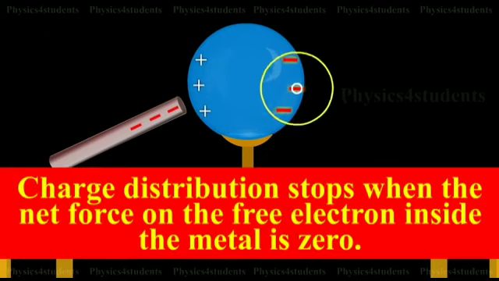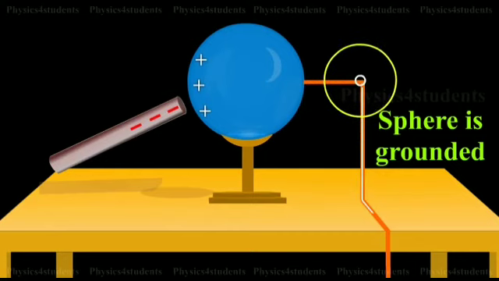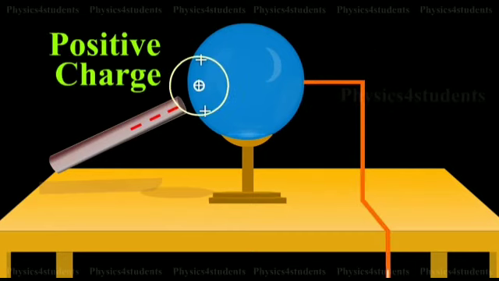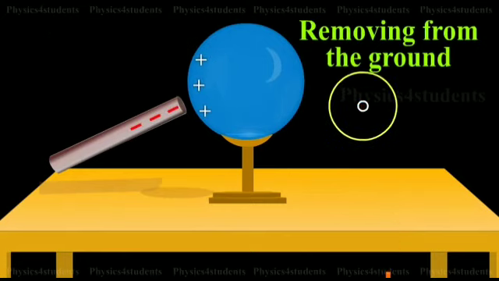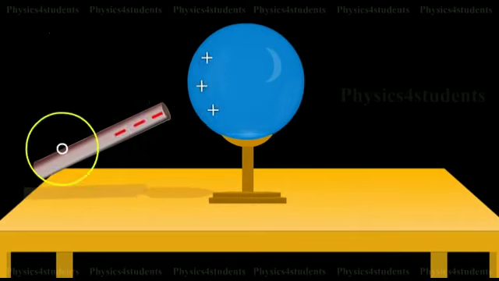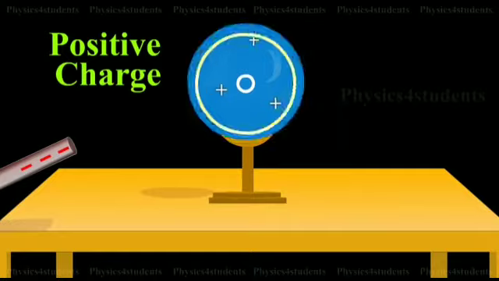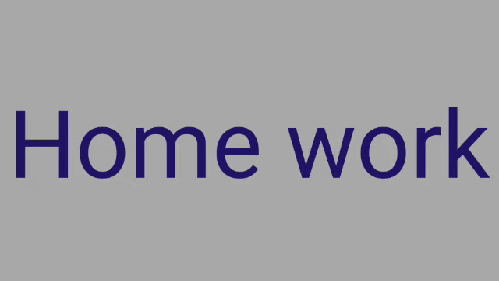As a result, the positive charges are induced near the region of the charged rod while negative charge is on the further side. Before introducing the charged rod, the free electrons were distributed uniformly on the surface of the conductor and the net charge is 0. Once the charged rod is brought near the conductor, the distribution is no longer uniform, with more electrons located on the further side of the rod and positive charges located closer to the rod. Total charge is 0.